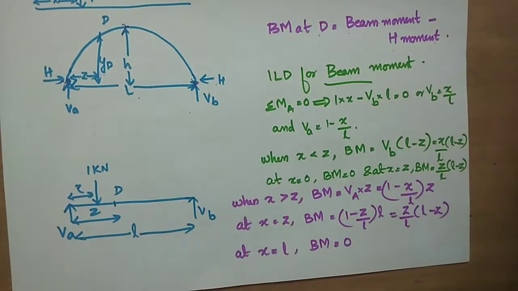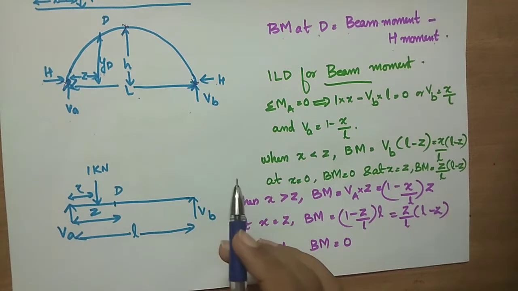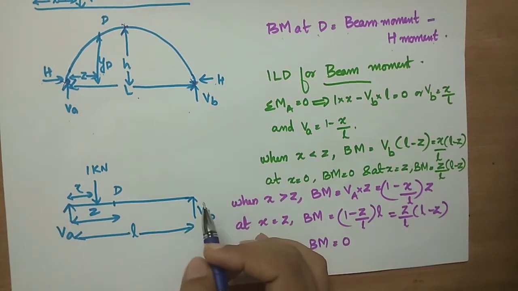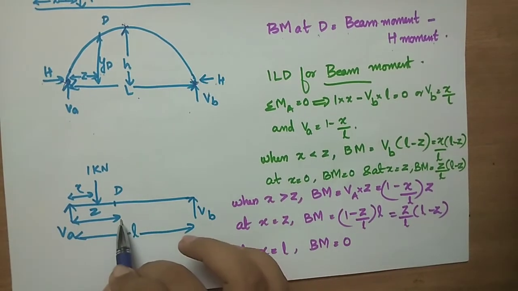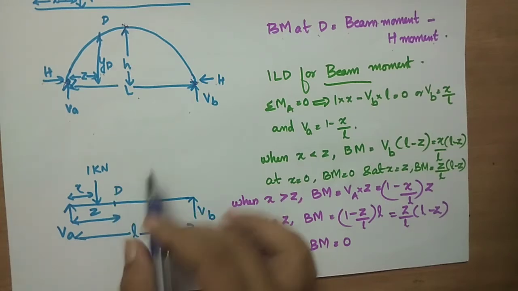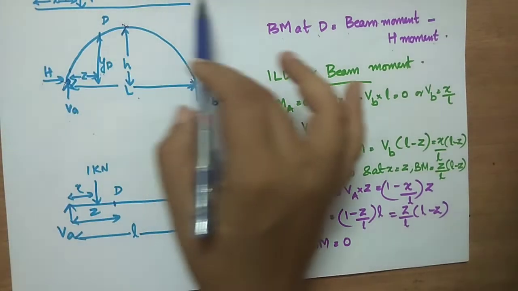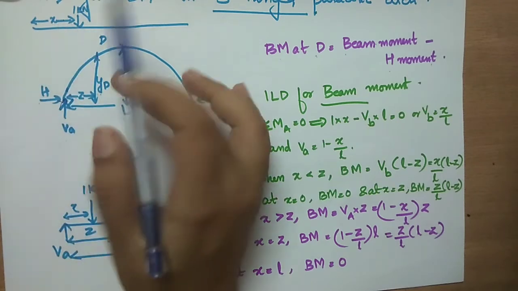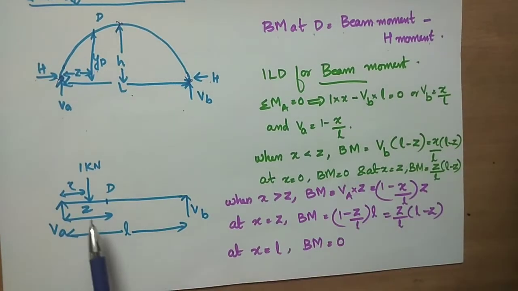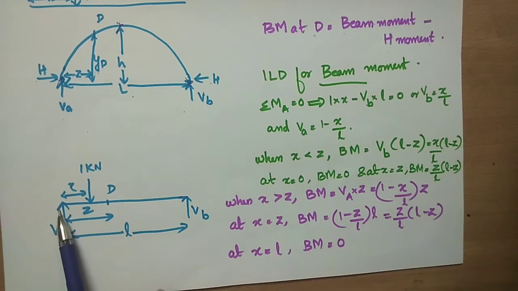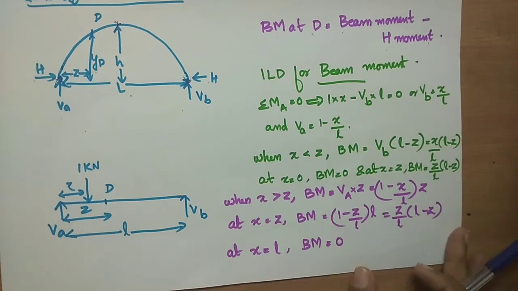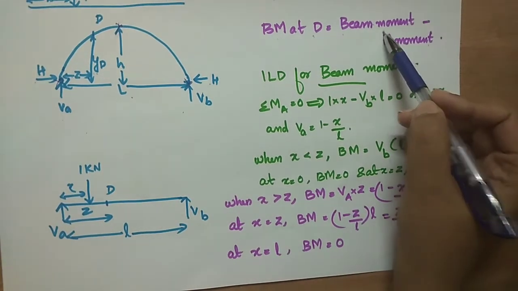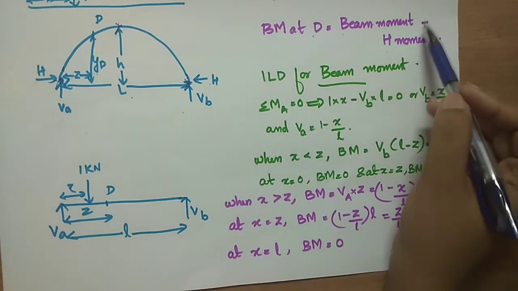with similar condition. So this is a simply supported beam with reactions VA and VB, span is L, and we have considered a section at a distance Z and marked it as D. There is a unit load moving from left to right in the case of arch. The distance of the load from the left end is X. Similarly, we are placing the unit load on the beam at a distance of X meters from the left end. So we have to find out beam moment, then H moment, and then subtract it to get the bending moment